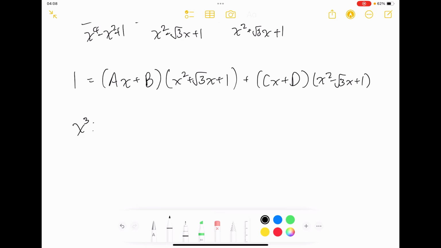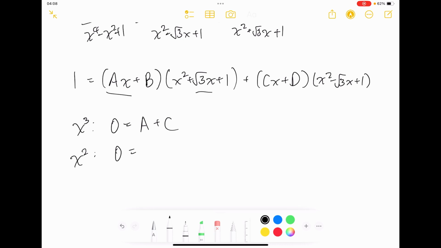with it. So, anyways, x cubed. We're going to have x cubed. On the left, we don't have a coefficient. On the right, we have a from this bit, and then c from this bit. And then there's no other coefficient for x cubed. So x squared we go. Looking at x squared, we have